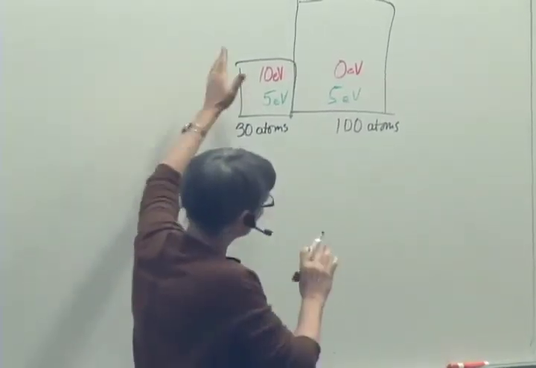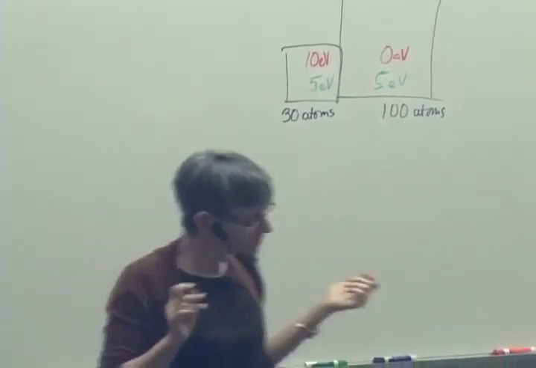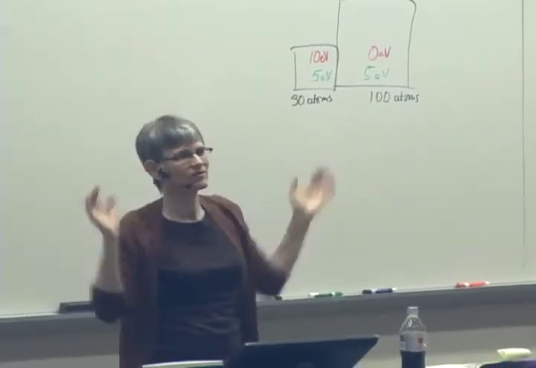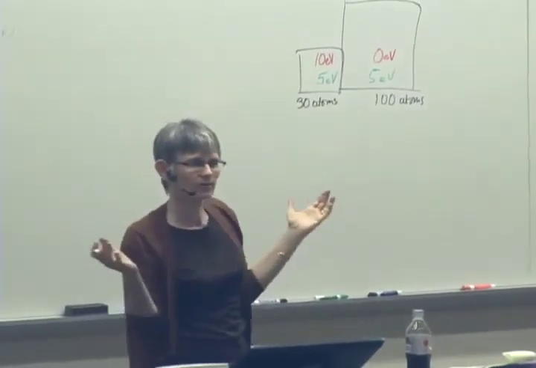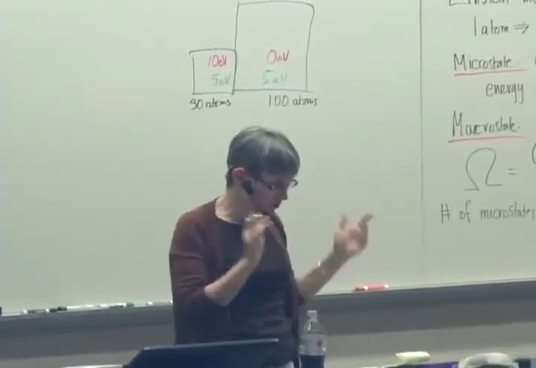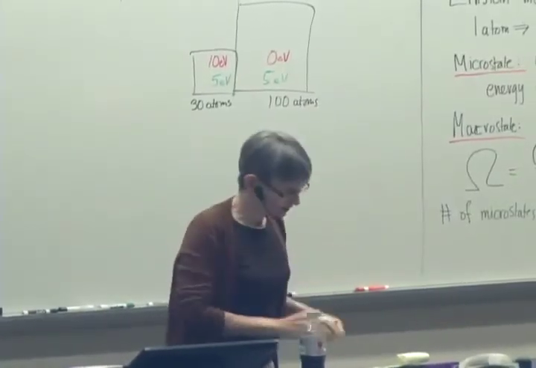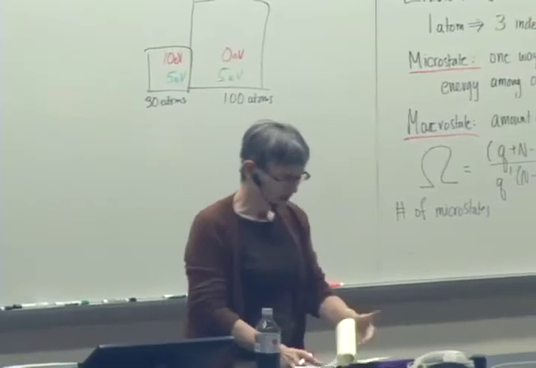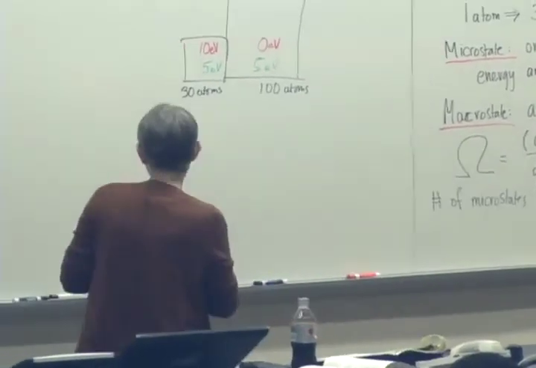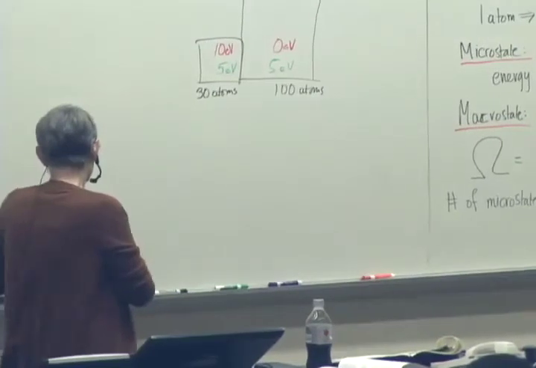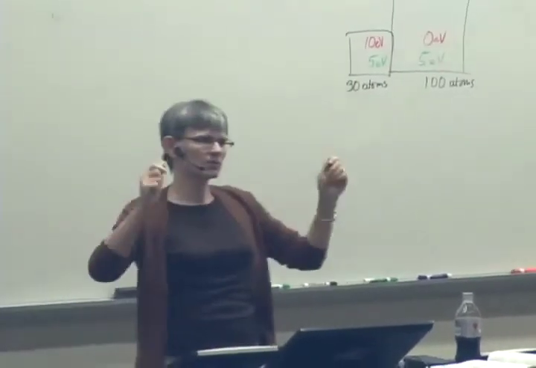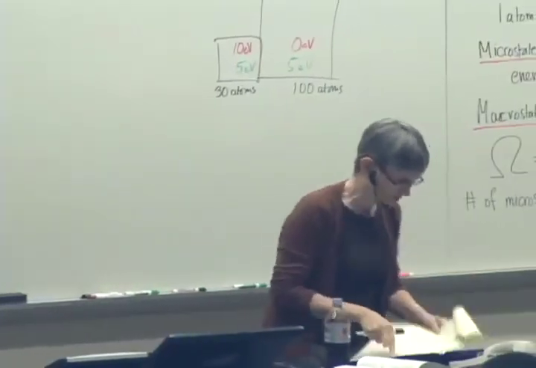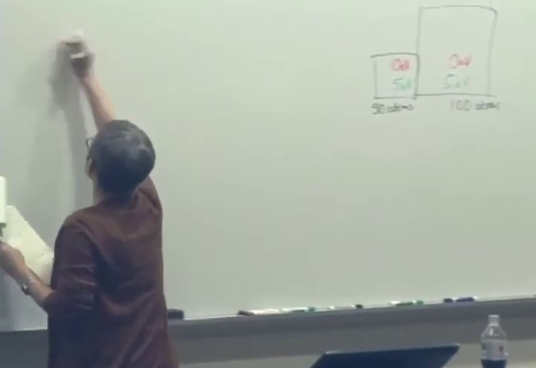And so we're worried about when you have a situation like that where you've got two objects that have to share energy, what's the most probable partition of the energy, the most probable macrostate that we could get. And the way we did this is by counting available microstates and just saying, well, if there's more microstates available here, that's more likely.